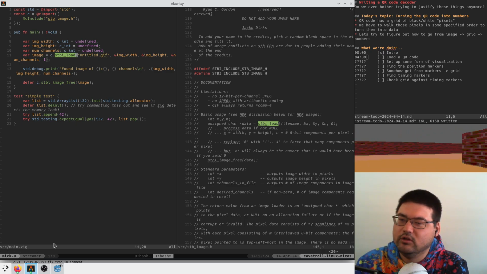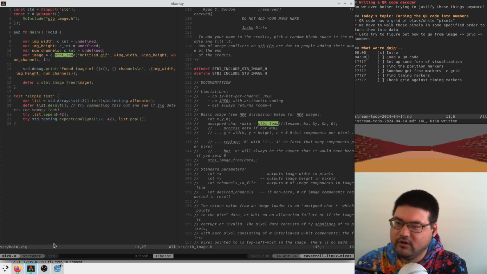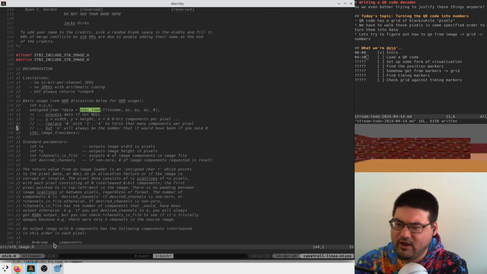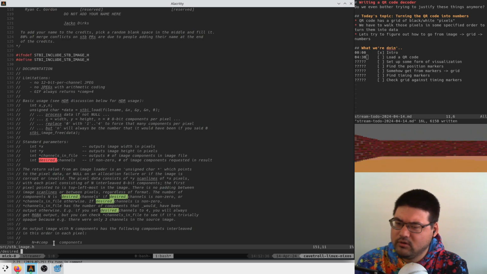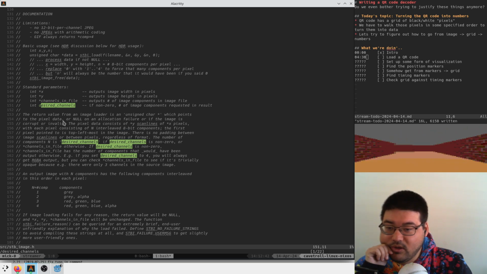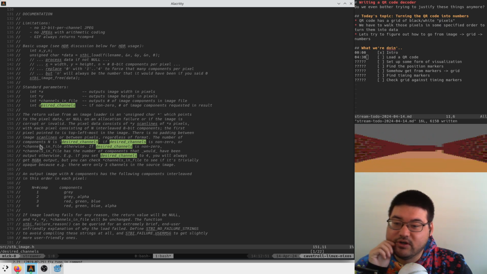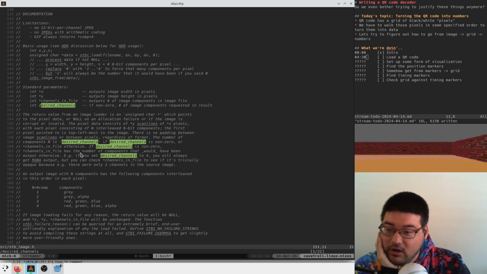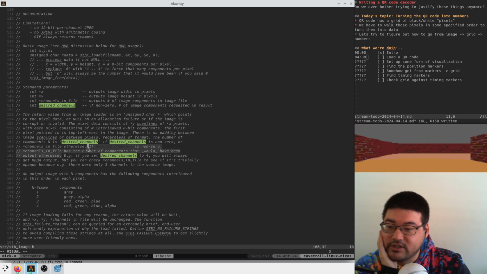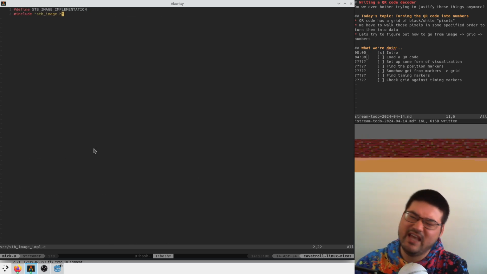So I guess this load function, desired channels, I guess it can fail. I don't know why it would fail. So the return value points to pixel data, y scan lines of x pixels. There's no padding, regardless of format. If desired channels is non-zero, channels in files has the number of components that would have been output. Ah, so you're right. I guess it tells us how many channels the original file has. So it's doing the conversion for us under the hood, but then telling us, just so you know,